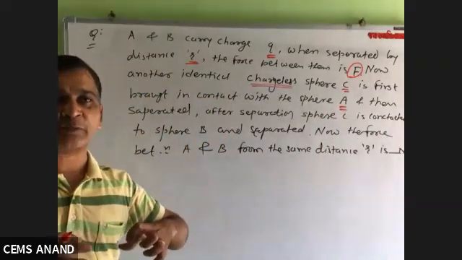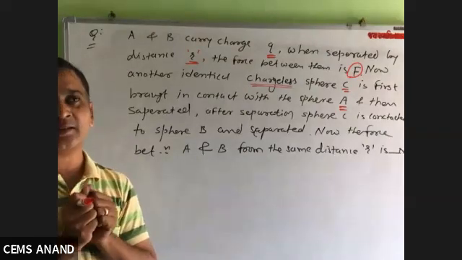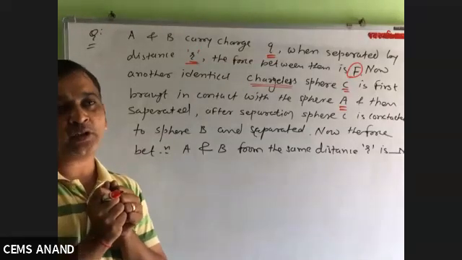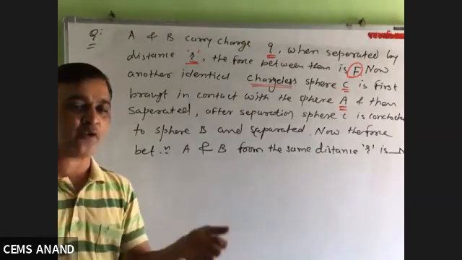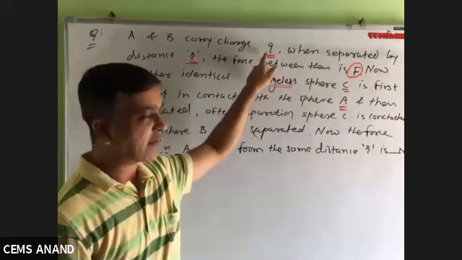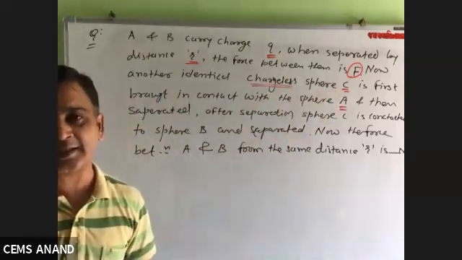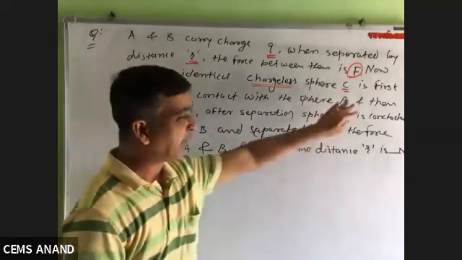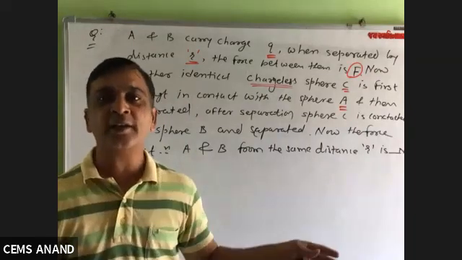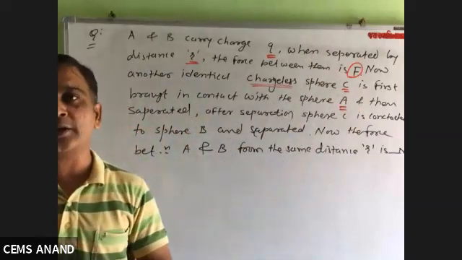In the contact of spheres, whenever two charged metal bodies contact each other, the charge accumulates and the total charge is the sum of the charges on each of them. What is the amount of charge on the first sphere? That is Q. What is the charge on sphere C? 0. So the total charge of the system of A and C is Q. Then separated. On separation, the charge on the system is divided equally. So now A and C both have charge Q by 2.